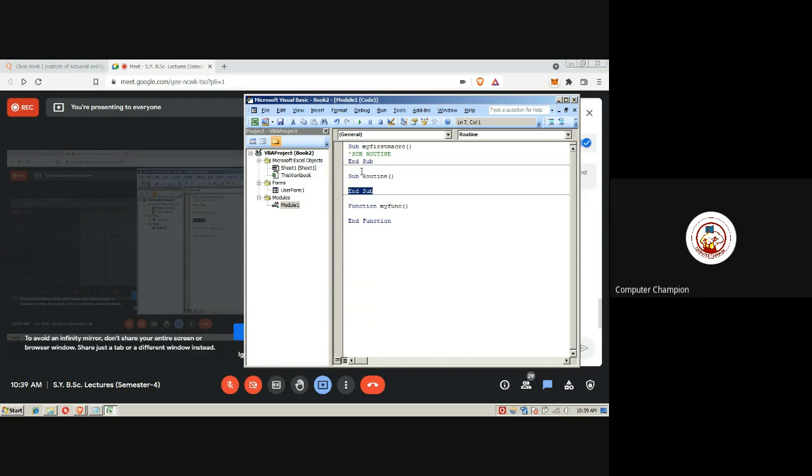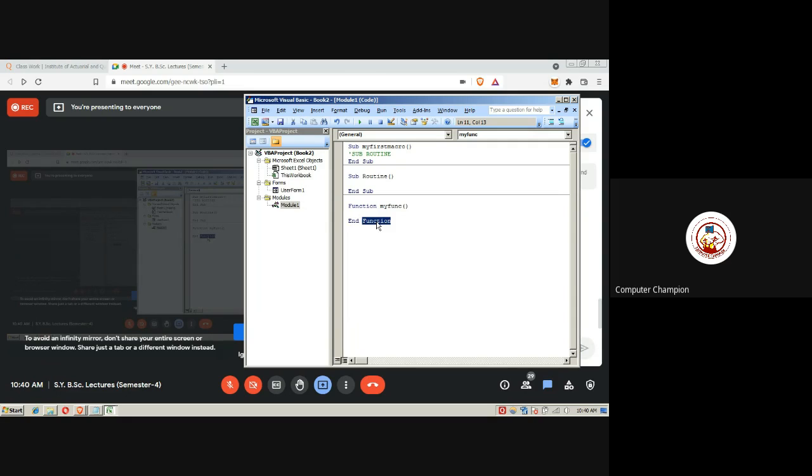I have only written the function name, for example my function, and the end key came automatically. These are called keywords. The end part came automatically because I am doing the starting, VBA will do the ending automatically. It is a particular format. Sub is the start, end sub is the ending. Function is the start, end function is the ending.